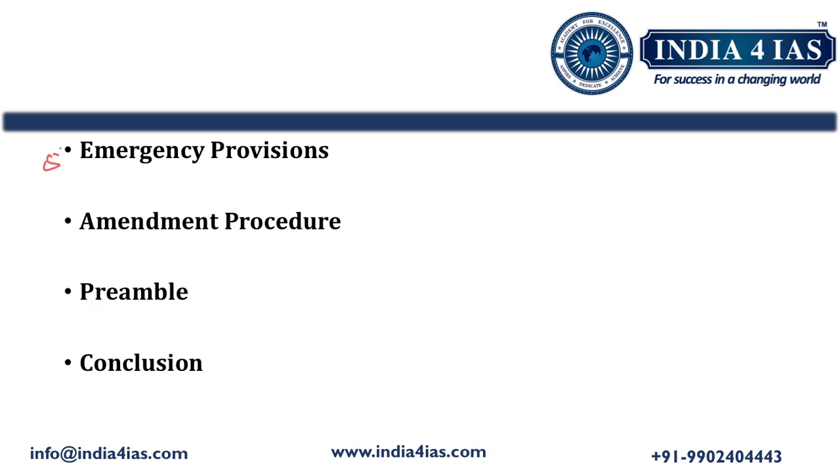So then the next feature is emergency provisions, like national emergency and state emergency. These emergency provisions allow the center to assume greater control at the time of national crisis. So this affects the federal balance. When the national emergency has been imposed, at the time of national crisis, it affects the federal balance, and the state emergency allows for the dissolution of state governments and increases central control over states